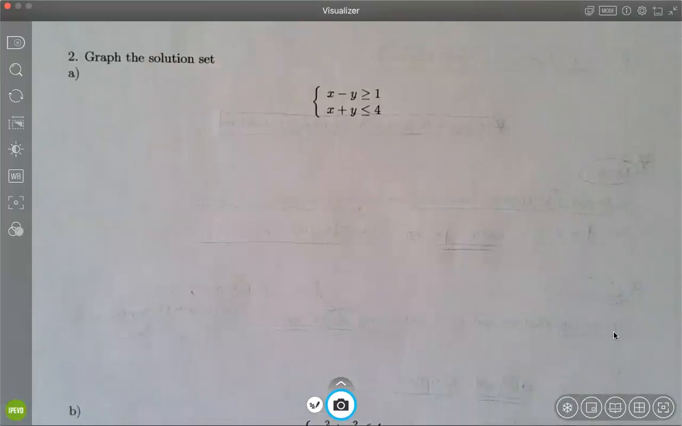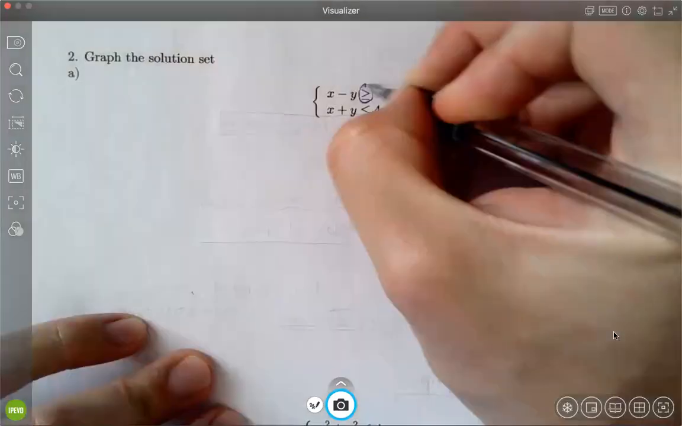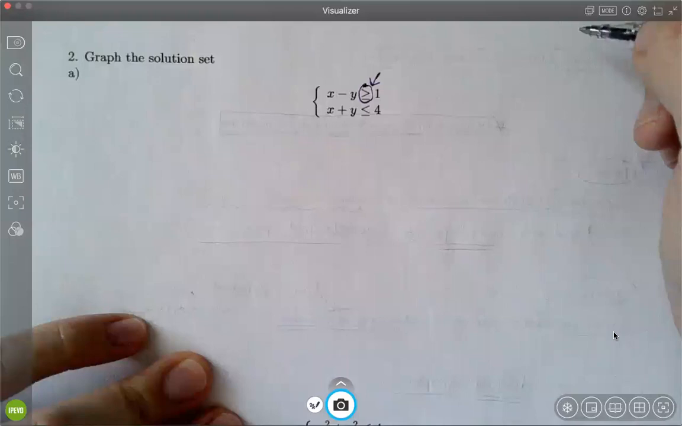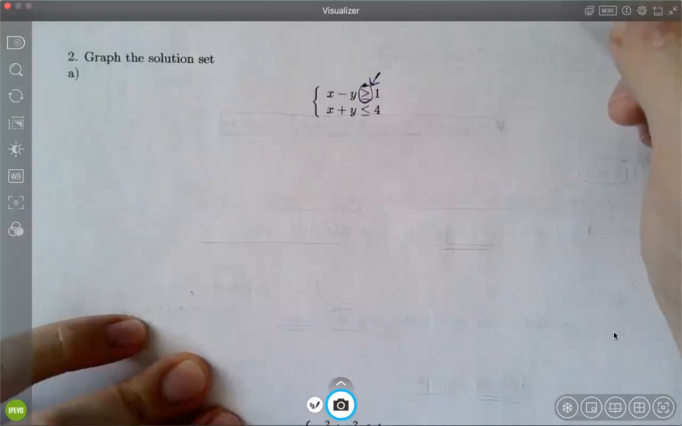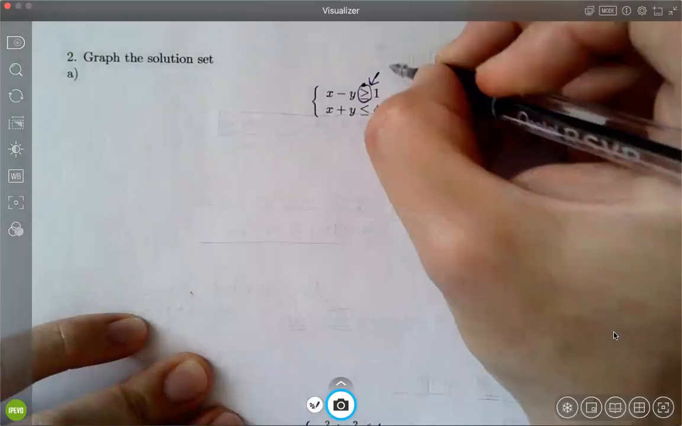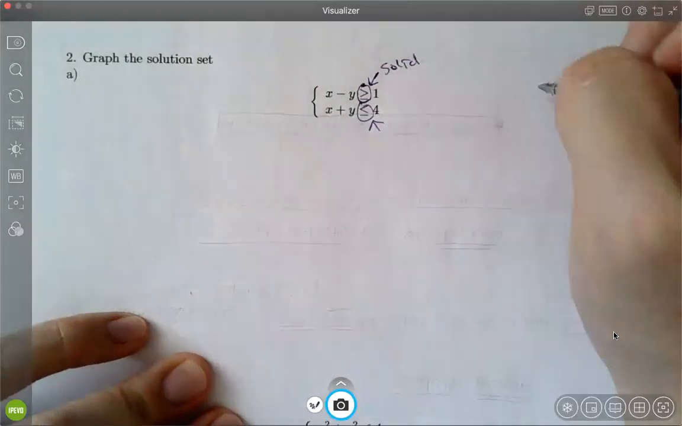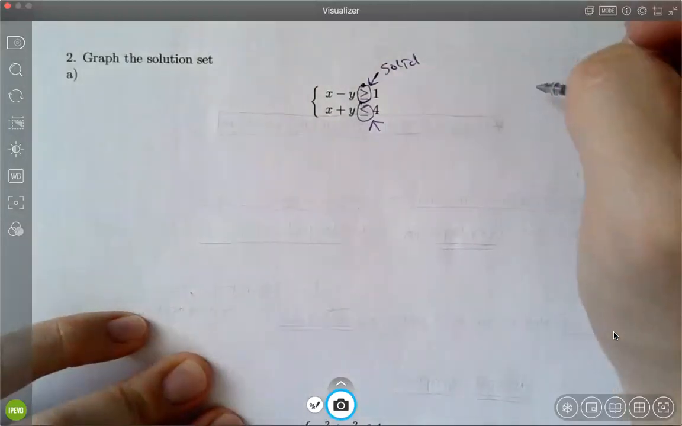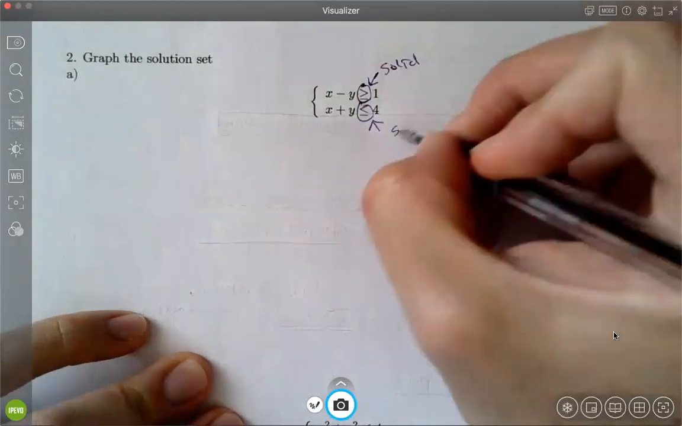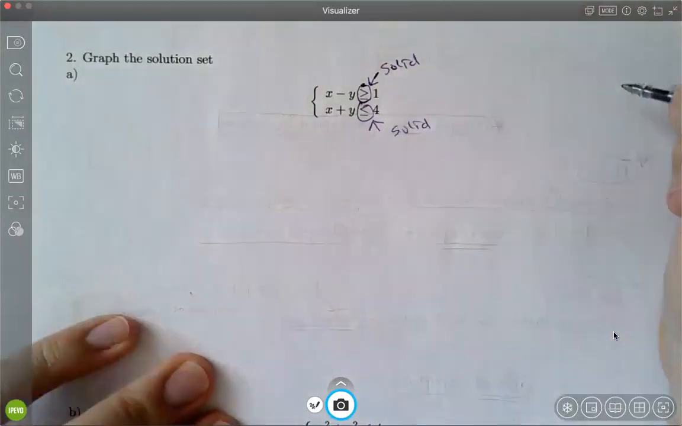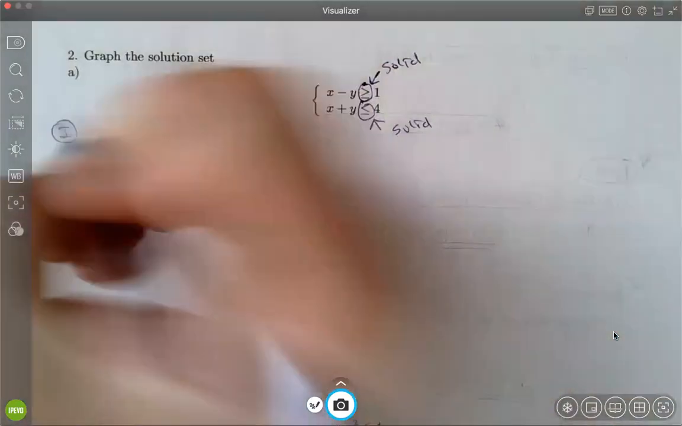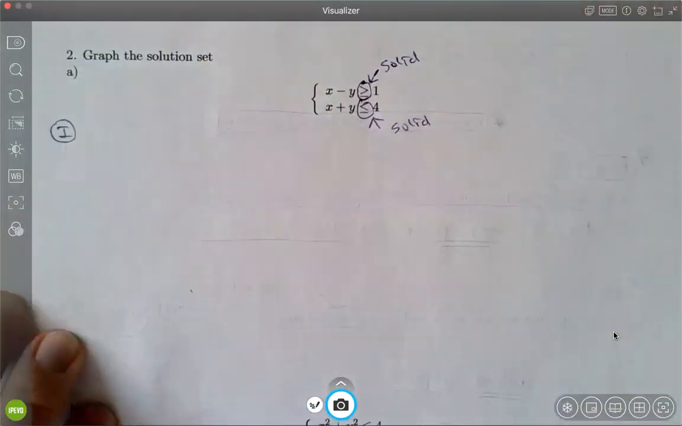Now, the first line, is that a solid line or dotted line? That's a solid line, right? Okay, so the first one is a solid line. What about the second line? Is that solid or dotted? Another solid, right? Okay, so first, what do we do? Well, we have to graph each inequality, and then we have to find the overlap of the shaded regions, right? So let's graph